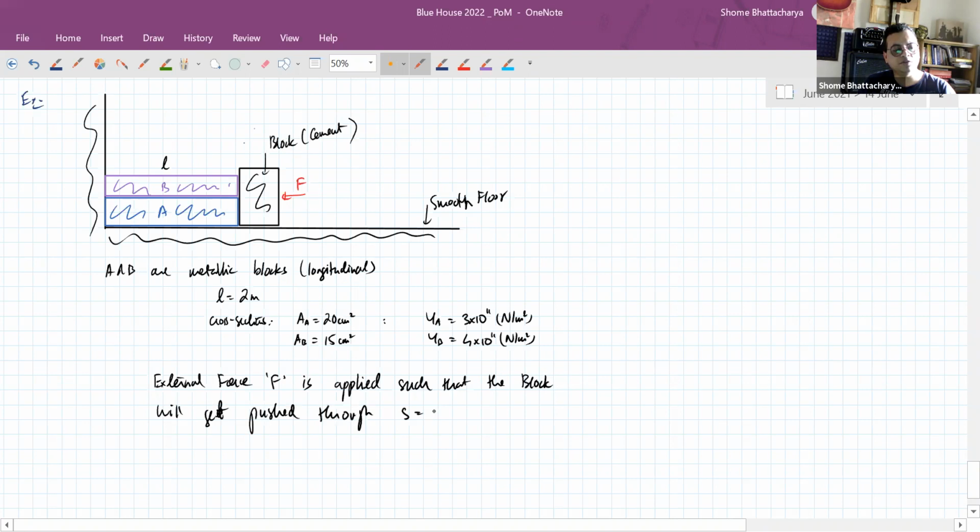So through a displacement of, let's say, 3 millimeters. This is a rigid wall. So find the force required in newtons and